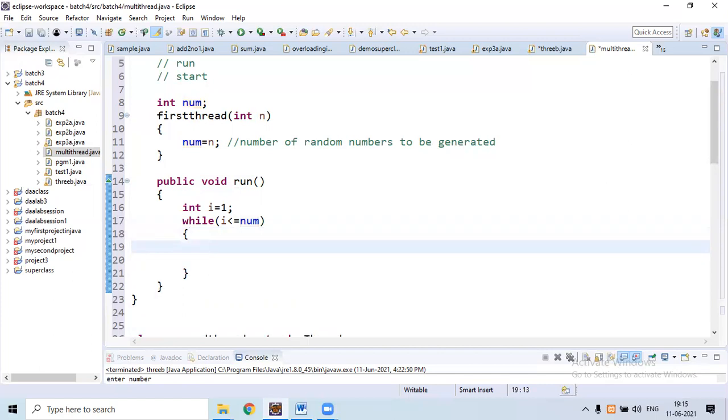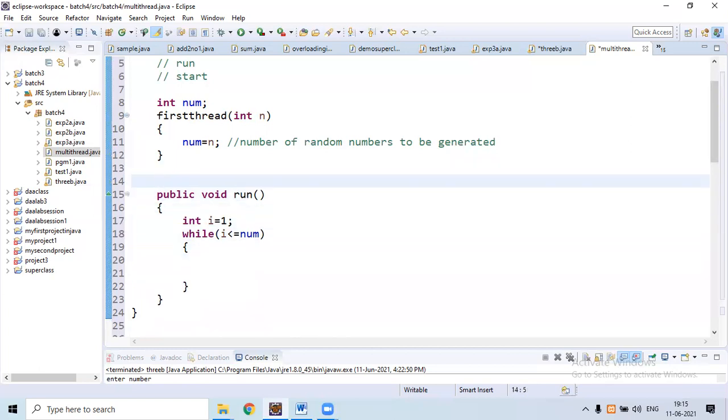Next, in the first iteration we need to generate the first random number. So in order to generate a random number, we need to consider the Random class.